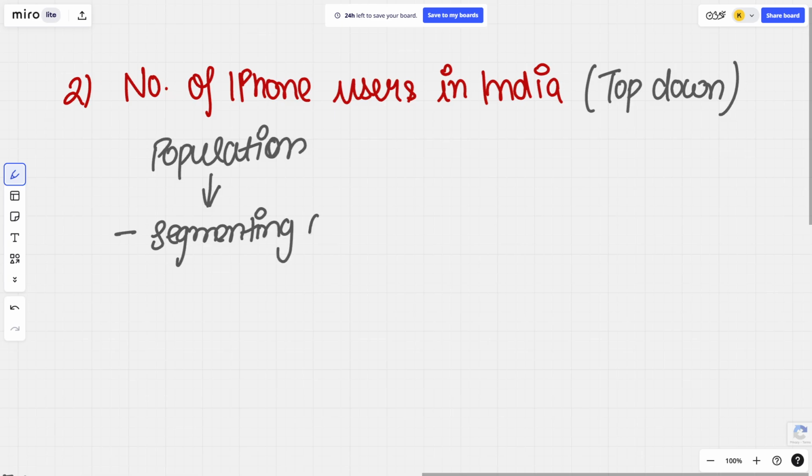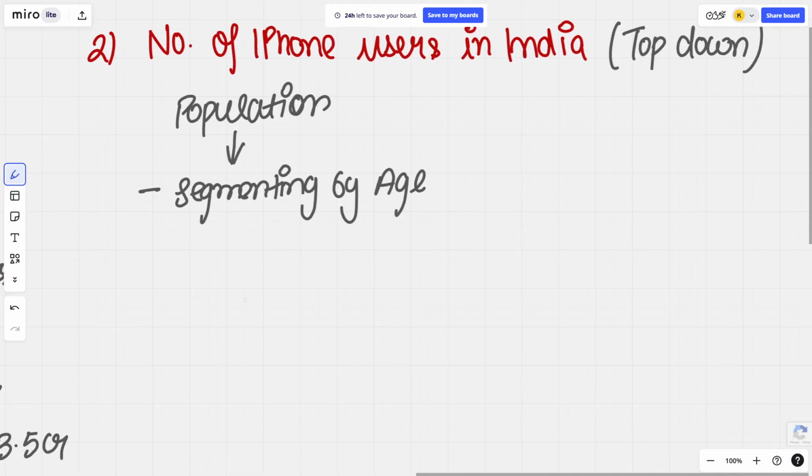Segmenting by age, I'm assuming that the people from age 15 to 65 will be using the iPhone or any type of